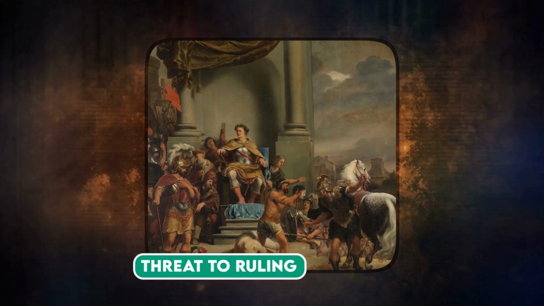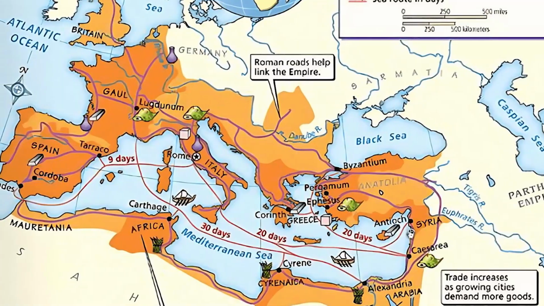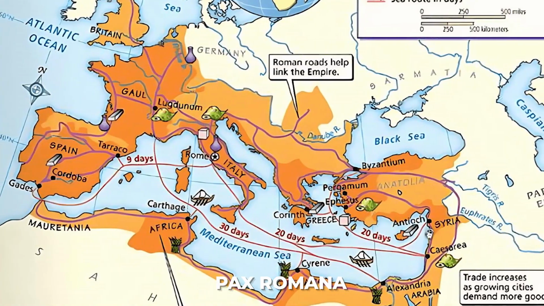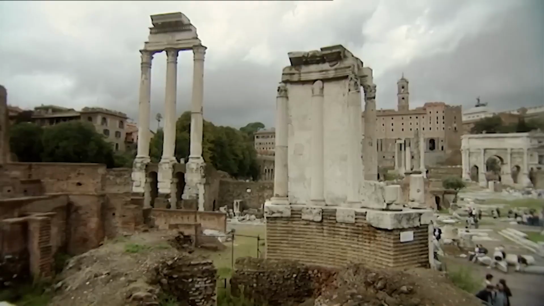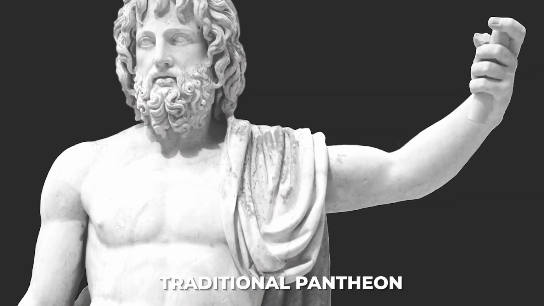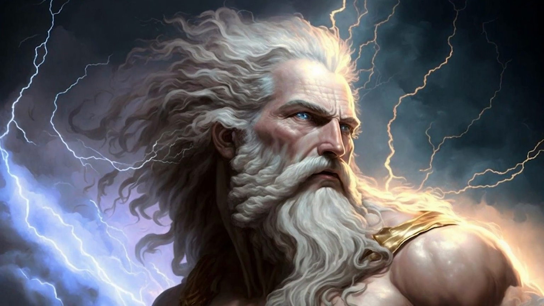Threat to ruling. The Roman Empire appeared stable during the next 2 centuries, often referred to as the Pax Romana. However, beneath the surface, subtle turmoil emerged. In the 1st century CE, religious conflict quietly brewed. The Roman Empire predominantly adhered to the traditional pantheon, led by Jupiter, and closely tied to the Greek pantheon, led